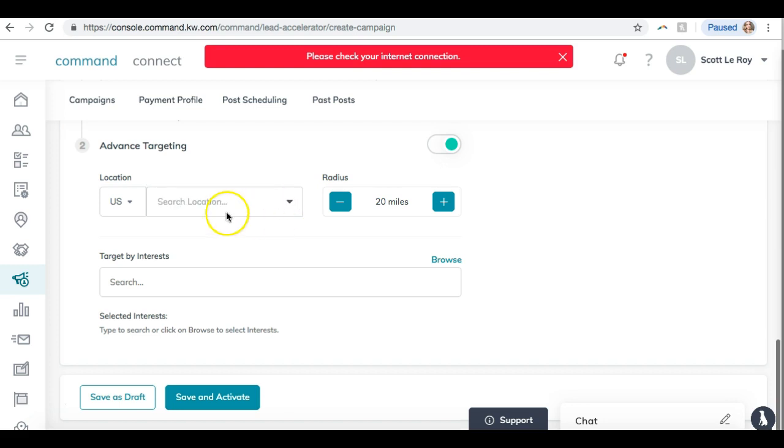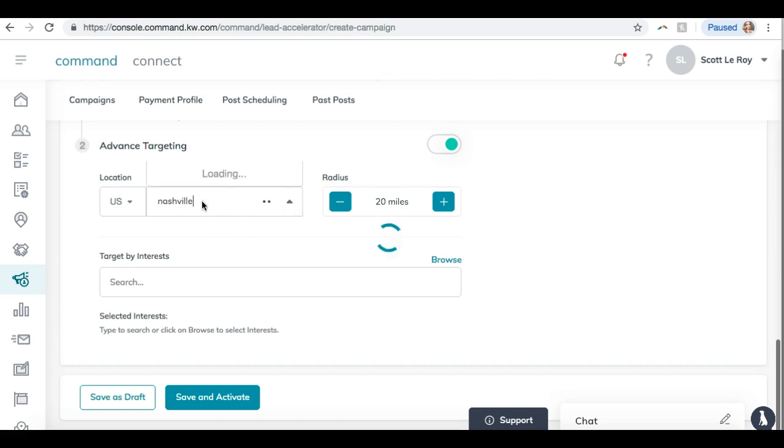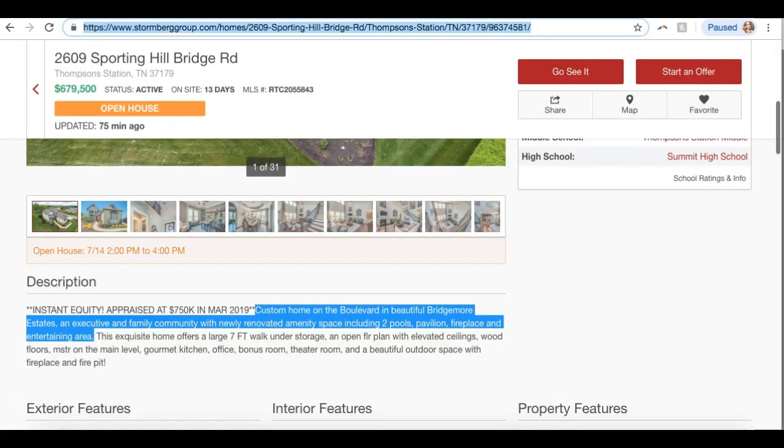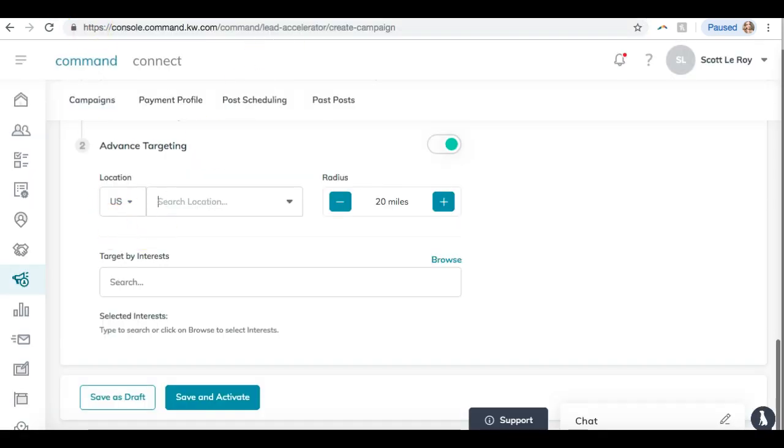Okay, so this does not appear to be working, but what I would say is you probably want to target people in this area. So you would type in Thompson Station or maybe some other surrounding city. So I would probably do like Thompson Station within 20 miles or whatever. You can go through and pick the radius. And then you can also